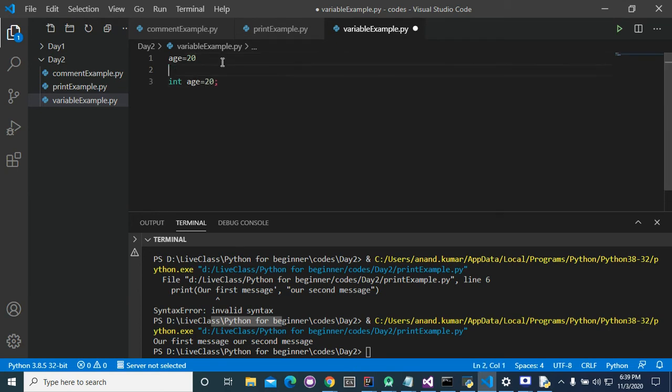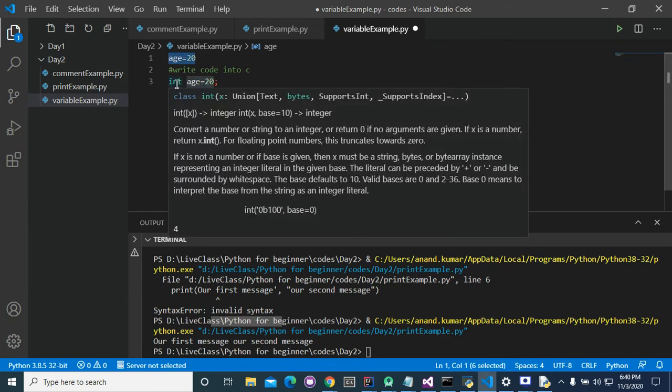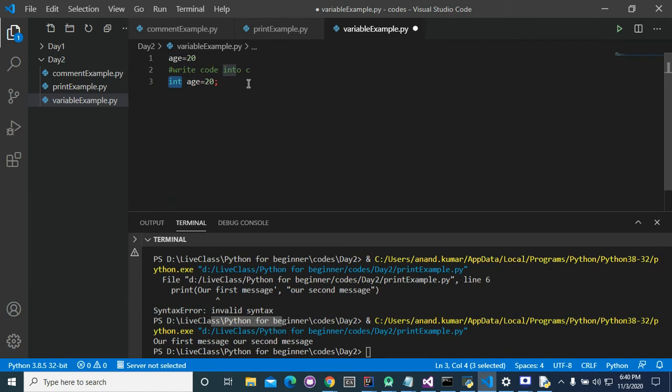This portion is how you write the code in C. It tells the compiler that age is of type int. Int means integer, and the value of age is 20. And in Python, we will just write age = 20. We don't need to specify the type of the variable. This is the beauty of Python.